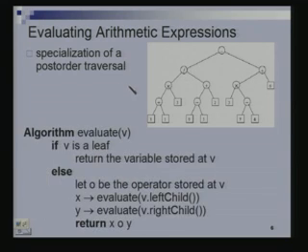So, we can write a procedure something like this. Suppose I say evaluate the expression corresponding to, let us say V is a node, let us say this root node here. If V is a leaf, then I just return the value stored at V, because the leaves just correspond to numbers in this expression. Else if V is not a leaf, then we are at some internal node. To evaluate the expression corresponding to this node, I have to first evaluate the left child.